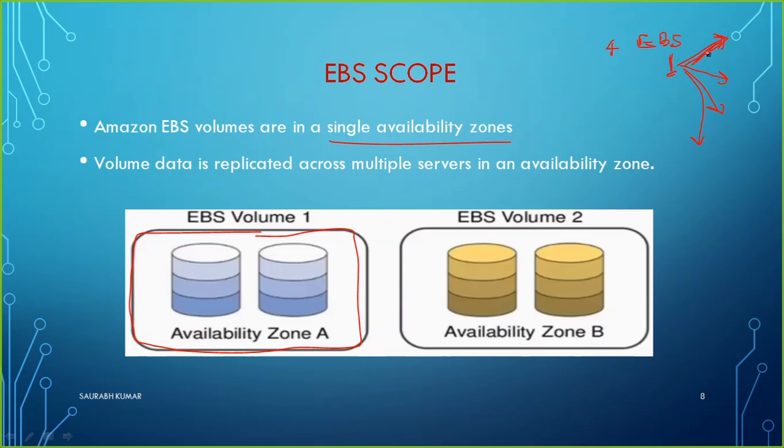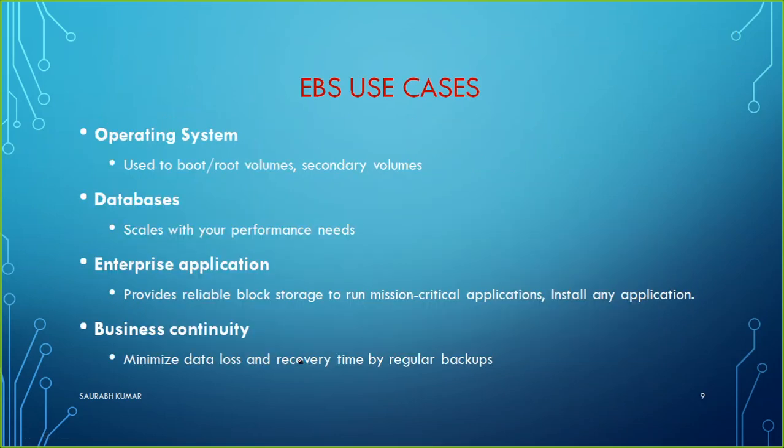It's not like you have an 80 GB volume and it occupies 40 from here and 40 from another availability zone. It's not possible like that. But when we talk about data, volume data can be replicated across multiple servers within an availability zone. So whatever data you have, the replication can be within an availability zone, on multiple servers also. We will see all these things today when we do the practical. So now let's move to the practical side.